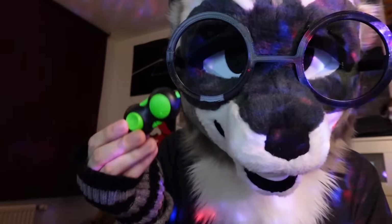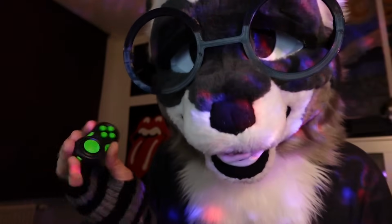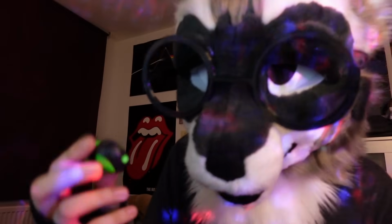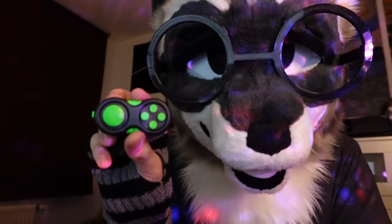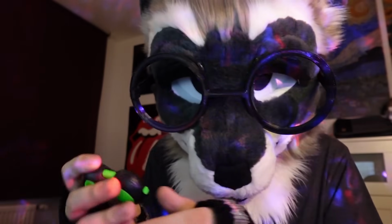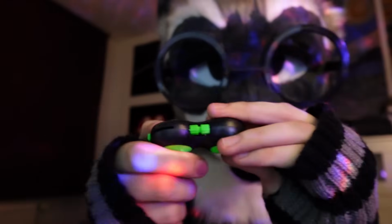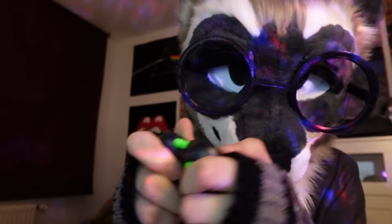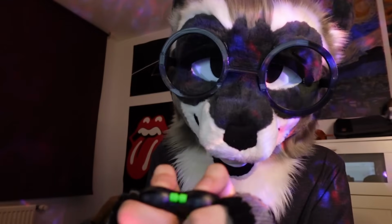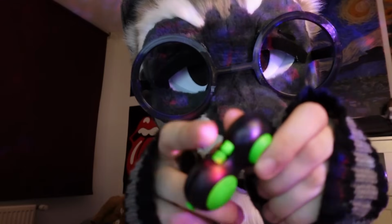So we got this. I think it's supposed to be like a fidget cube, but in the shape of a controller. I don't know which retro console this controller is supposed to be shaped like. We have the joystick again, with the buttons, so then we have two little wheels that